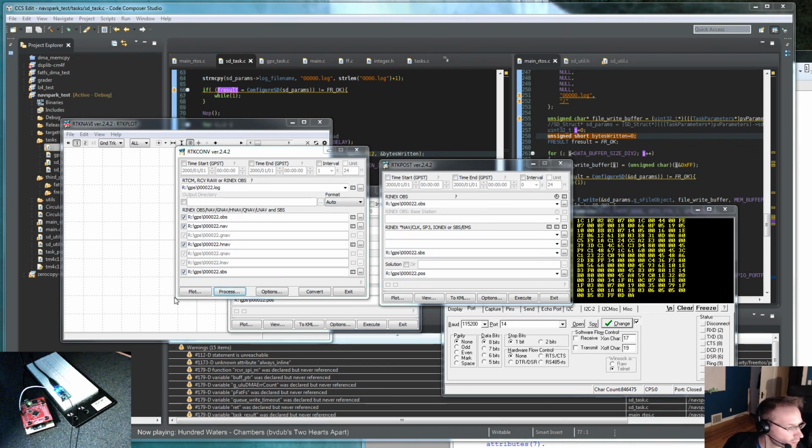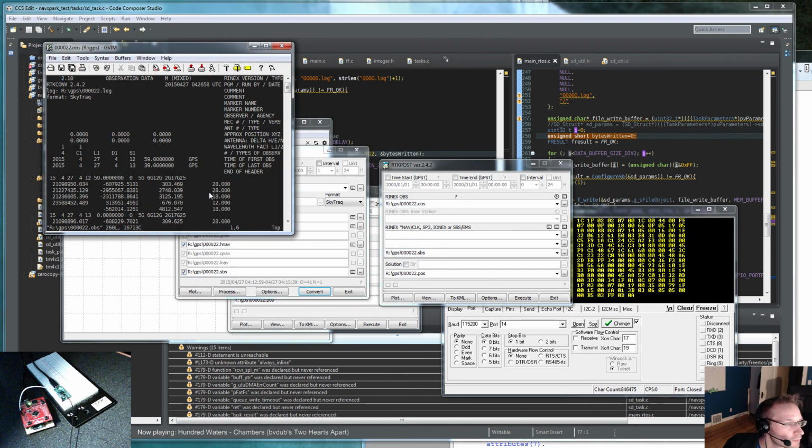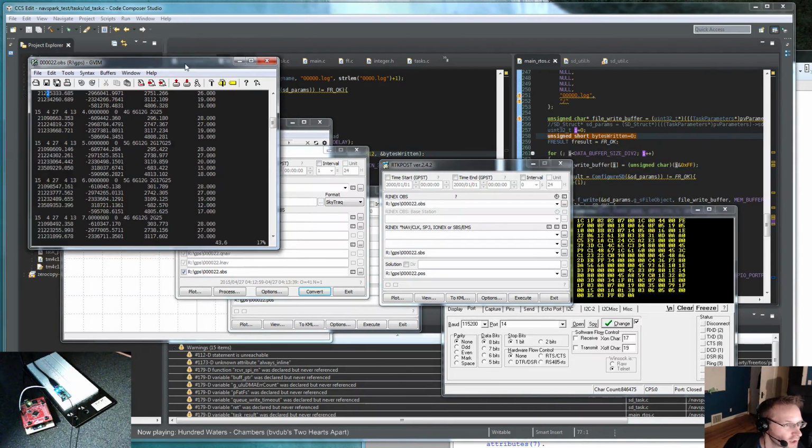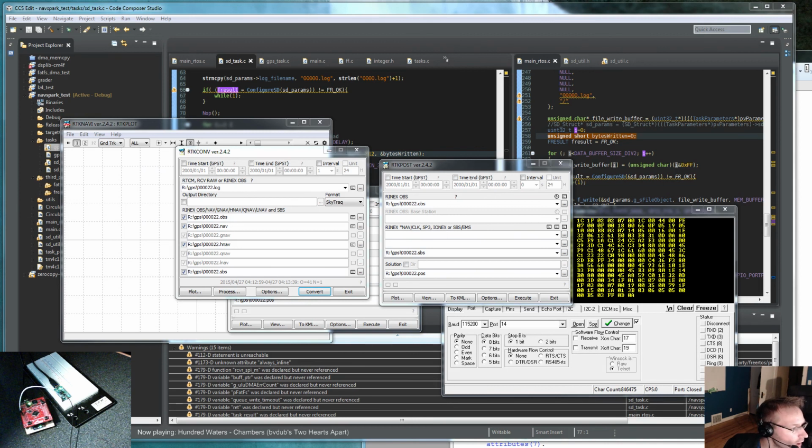Where does it go? Why don't I just set this right now? No. Okay. Well, I didn't get nothing, so that's good. So it actually did go ahead and convert